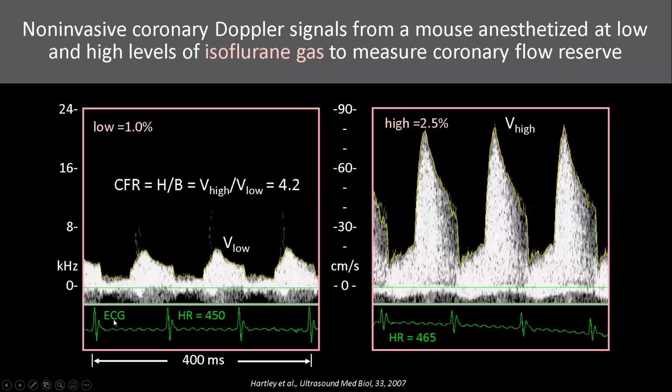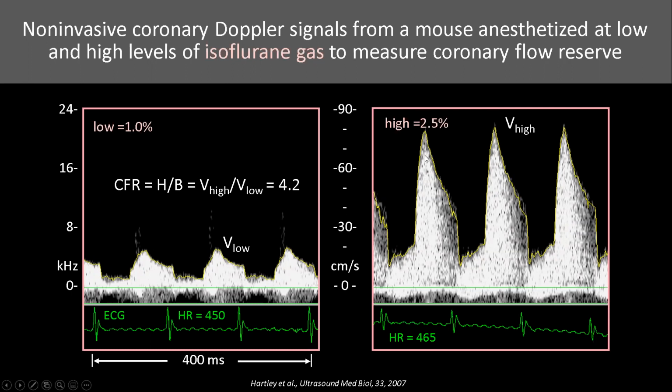So, a quick example of how we use coronaries. Of course, coronary reserve is one of the things that we are interested in. If you get a coronary flow velocity signal, it doesn't mean anything by itself. We need to know what its capacity is, how much flow it can increase. Fortunately for us, we don't have to inject adenosine. Isoflurane is a good coronary vasodilator. And so when we increase